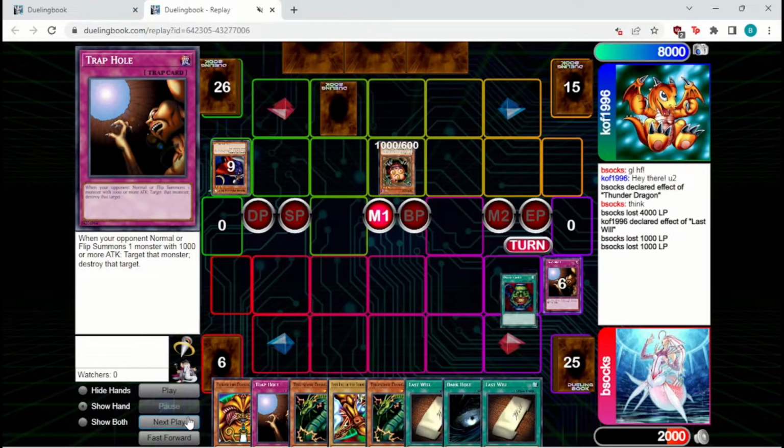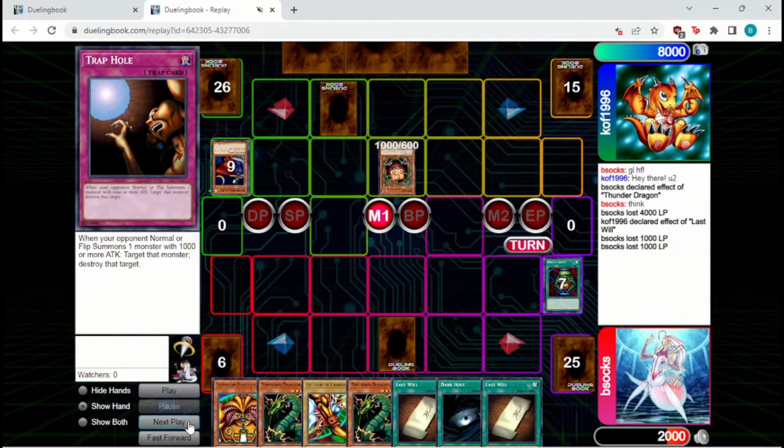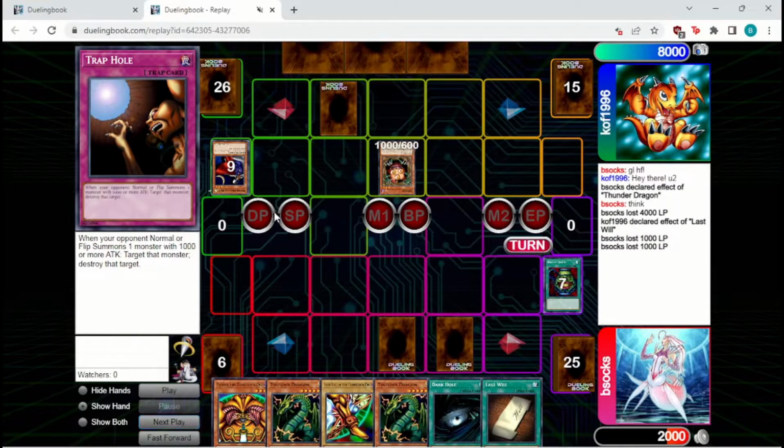We draw 2. Okay, Dark Hole and Last Will aren't the best. This is kind of unfortunate here. We can't actually trigger Last Will off of the Dark Hole because we don't have any monsters in hand. We do have Trap Hole to protect against whatever other monster they might bring out, but we're feeling pretty bad